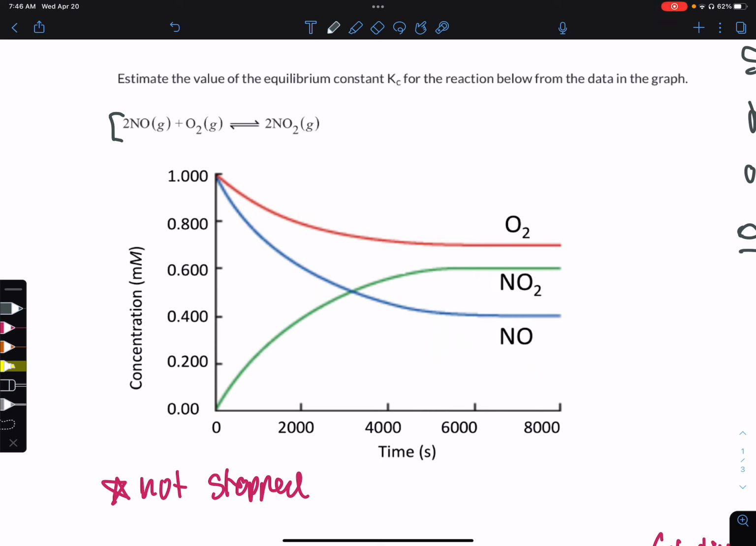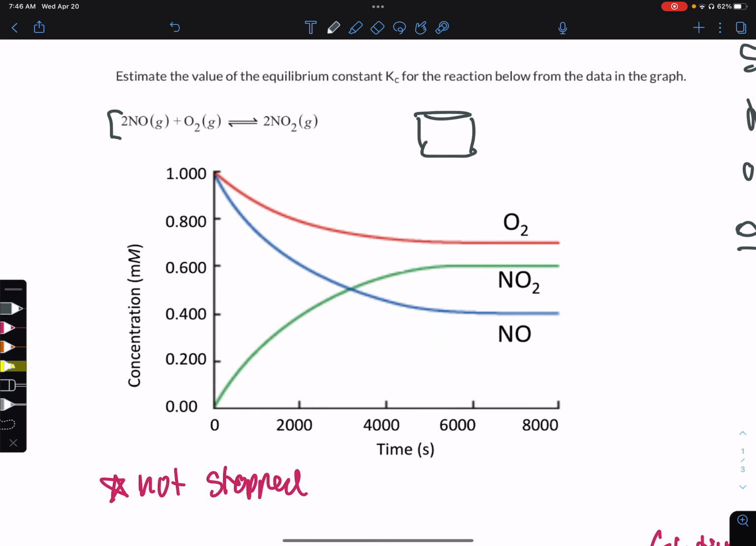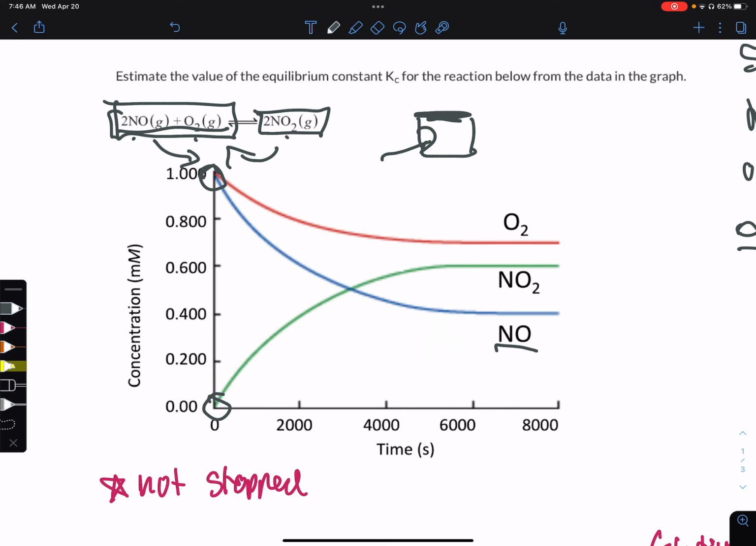What happens within the beaker is that these reactants are constantly combining to form NO2. But at the same time, this NO2 is also constantly going back into these reactants. It has to be a closed container. So you start with the same concentration of these two, and obviously you're not going to have any